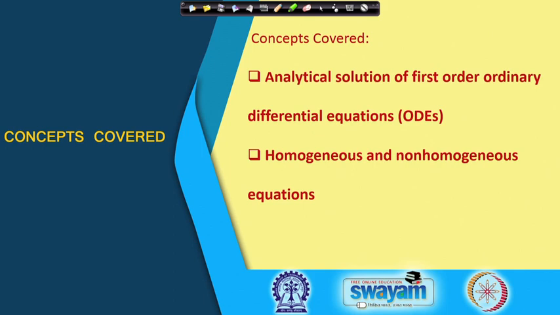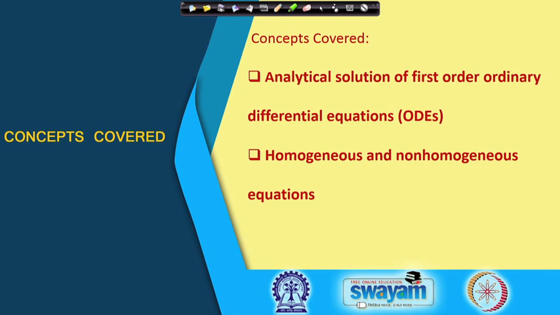So first we shall look into the mathematical solution of the various types of macroscopic balance equations. In this we shall look into the analytical solution of first order differential equations. Why? Because we have seen that whenever we are developing these non-steady state balances, in case of lumped parameter systems, there is no variation of the particular process variable with respect to space. Only the variation comes with respect to time. So we shall be having only first order ordinary differential equations.